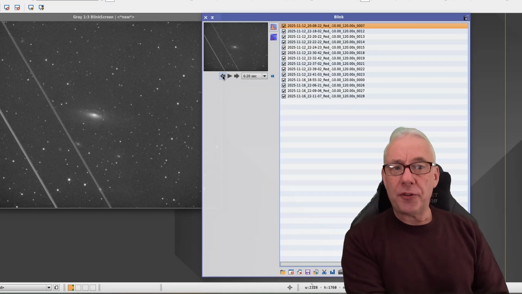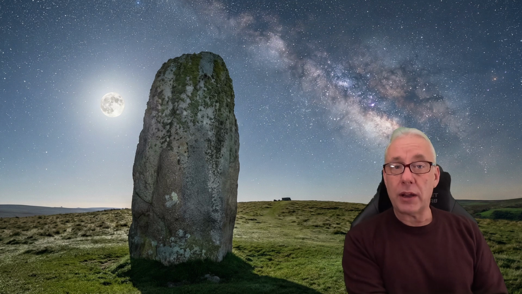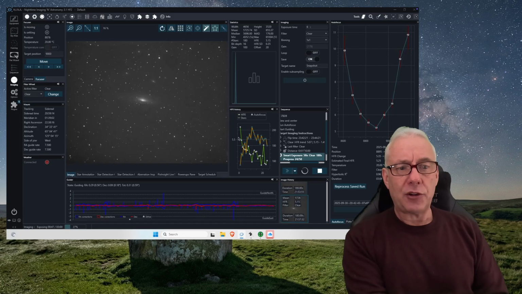Now, when you've been outside with your telescope, especially running Nina, when I first came to Nina some years ago, one of the things I like about Nina is the snapshot it gives you as it's capturing frames. It shows you the change in focus position or in full width half max as it changes over the night, and it also graphs the star count, the number of stars being detected as you're imaging. And you can see this graph changing. Here you can see it now. This is one of my